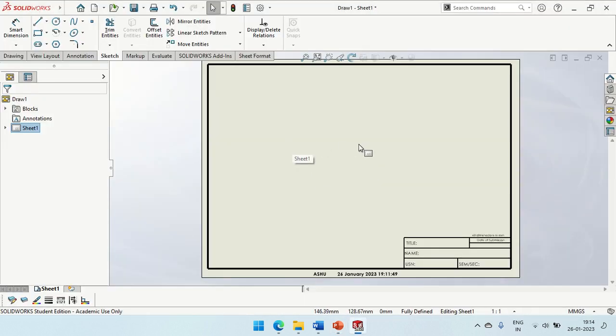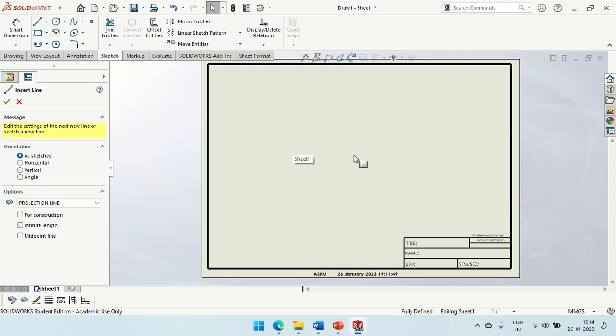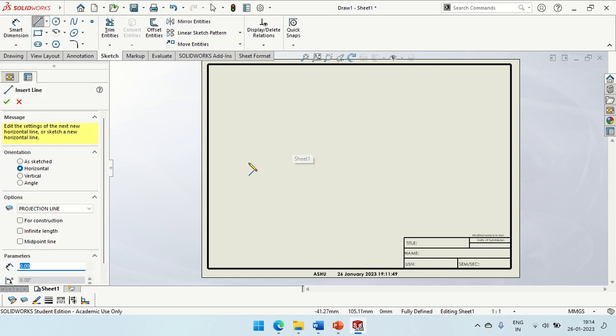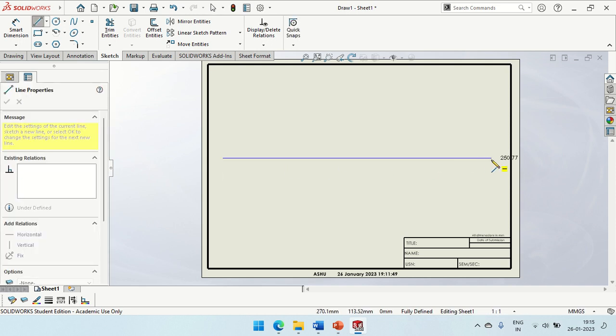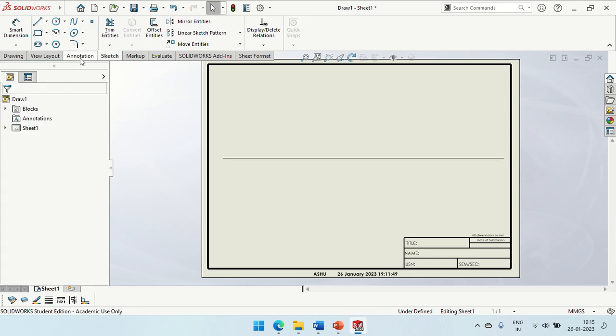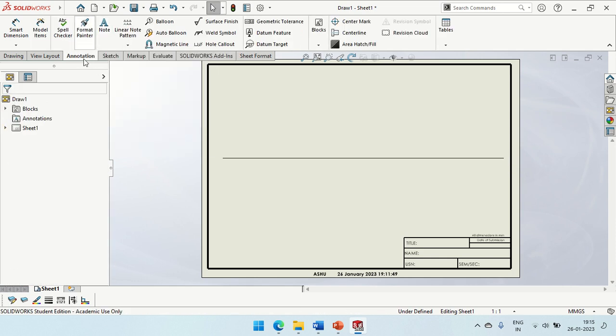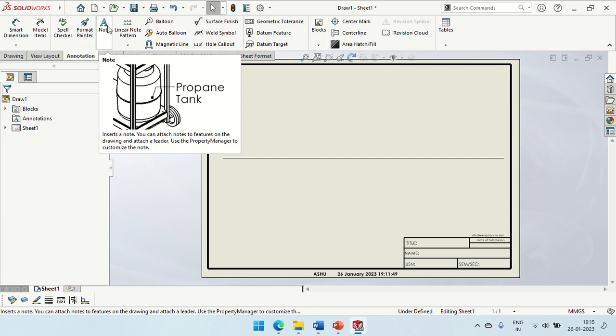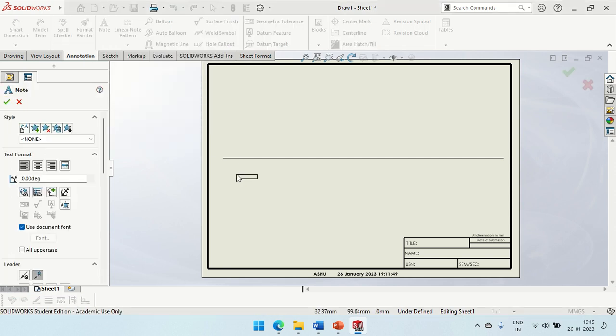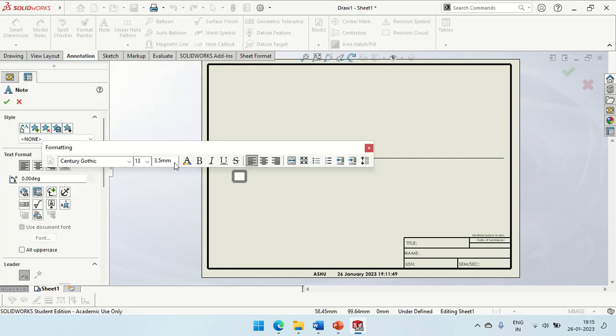Okay, this is the interface. First you should draw the XY line. Type L on the keyboard, select horizontal, and just draw a horizontal line on the screen. Next, name the line. Go to annotation, select note, click on the screen,